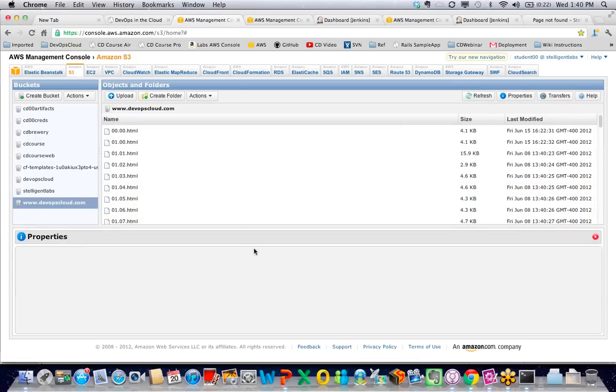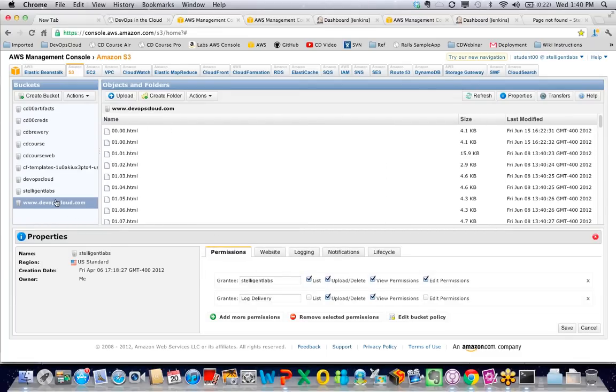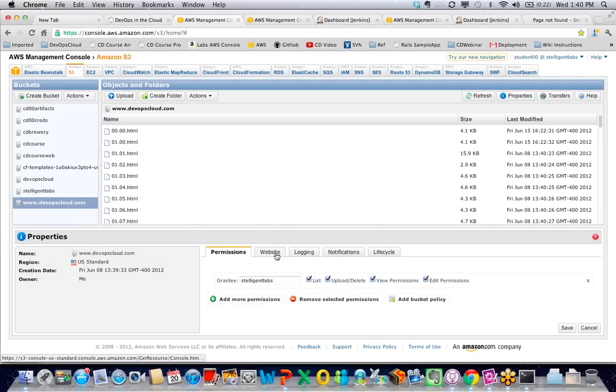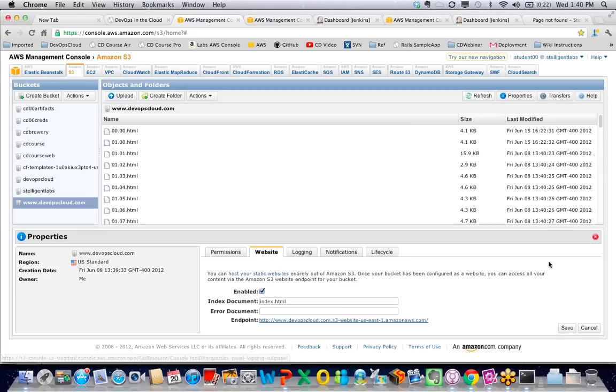They were all public anyway, but I just wanted to go through that process. This is not the only way of using S3, of course, because it's online storage. However you would use online storage, a lot of vendors out there, such as Dropbox, are using S3 behind the scenes, and you don't even know about it.